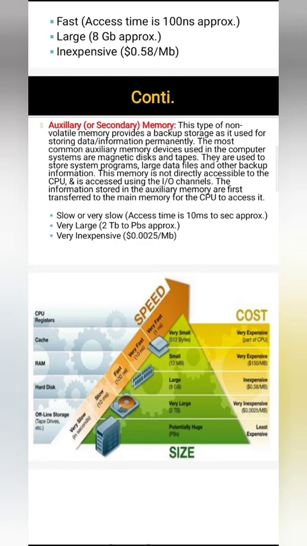It means the registers are the fastest, then we have cache, then main memory, and then the auxiliary memory. Similarly, if we talk about the cost part, the cost for CPU registers is highest, then it is for cache, then RAM, and then your auxiliary memory. Likewise, if I talk about size, then down the pyramid, the size will go on increasing. So auxiliary memory will have the maximum size and registers will have the smallest size.